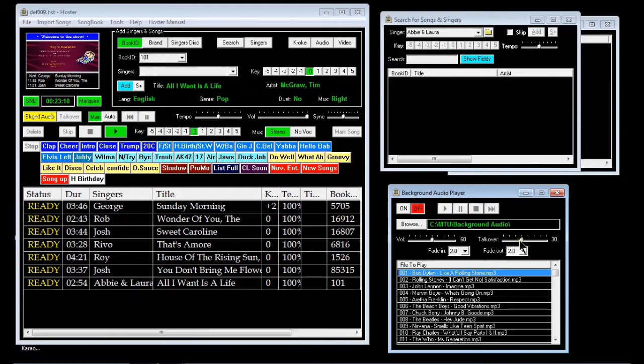Then you've got a talk over button here. The idea of the talk over button is that you can press it to lower the volume while you're talking over the song that's playing in the background, and then when you've finished you just press it again and the background player fades in again. We can do a demo of that in a minute, but at the same time we've got these